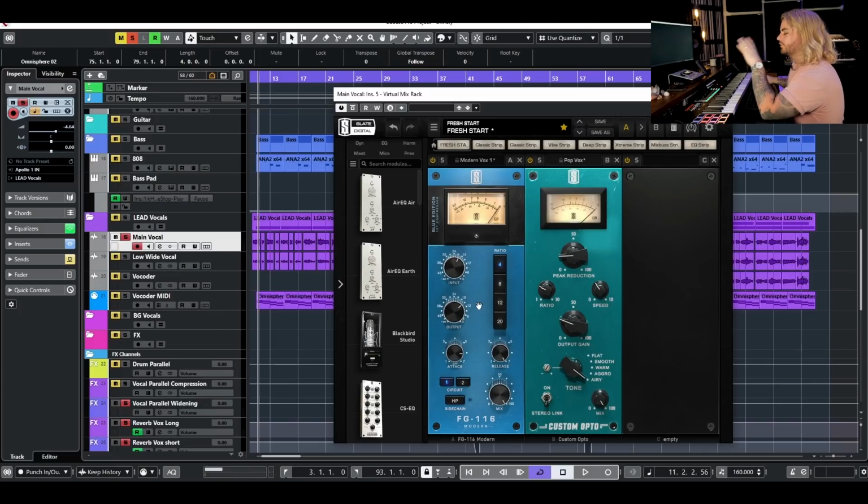But basically, I'm just popping it after an 1176. I'll kind of show you what it sounds like on a vocal, and I'll just show you some of the